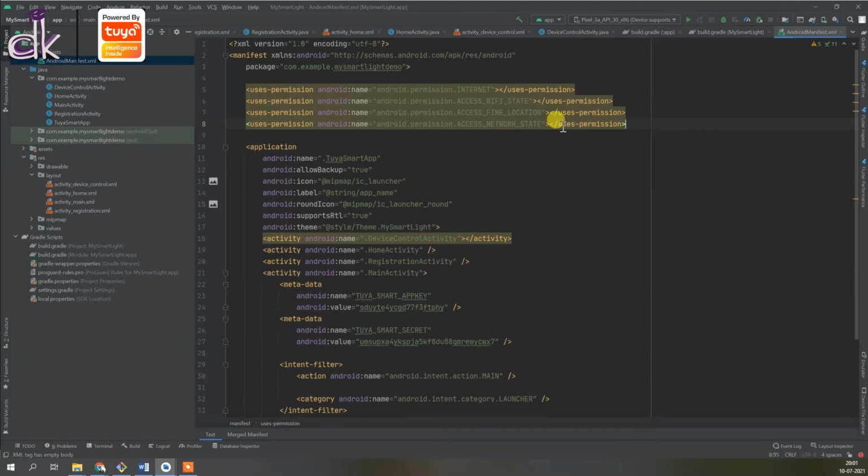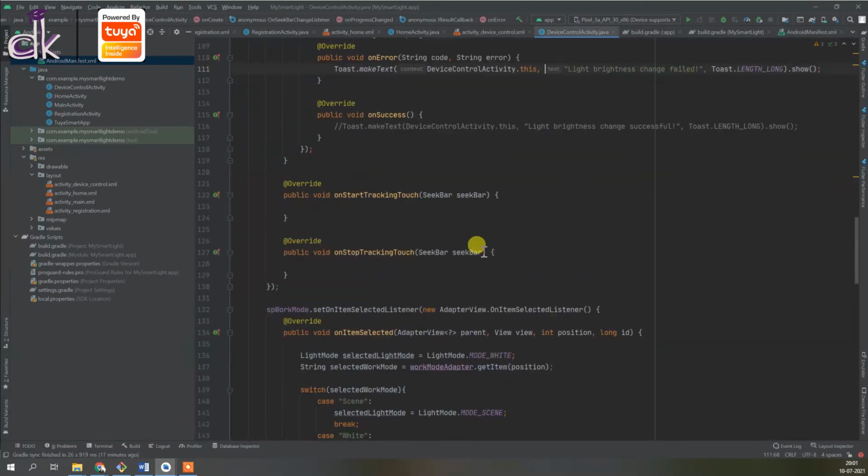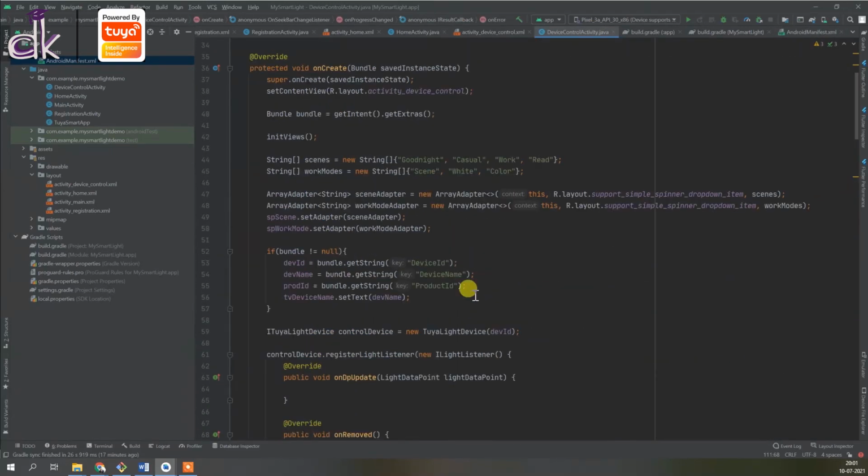Now note that here in the code itself we are not really checking if the Wi-Fi is on or not, and you can do all of that extra things like the validation of if Wi-Fi is on or not, or if the Wi-Fi status changes by adding a broadcast receiver, and all that kind of stuff.